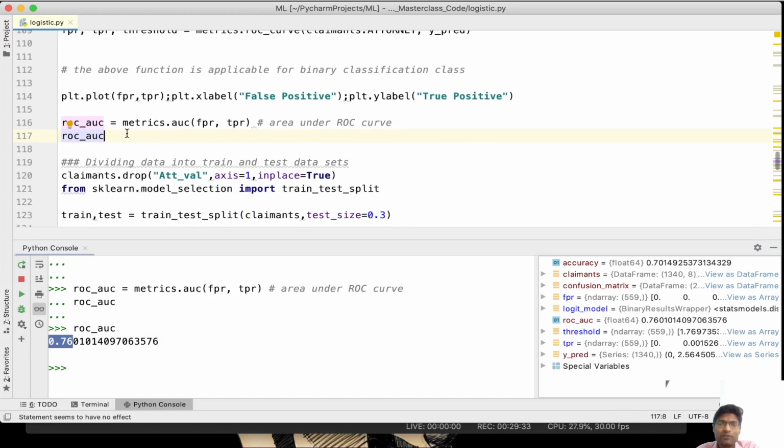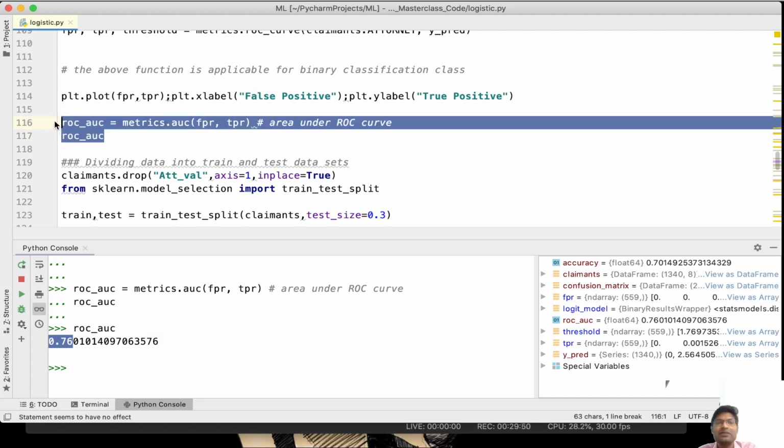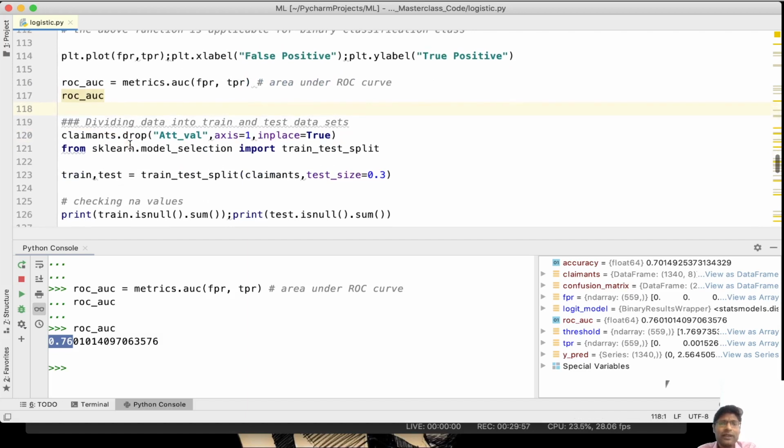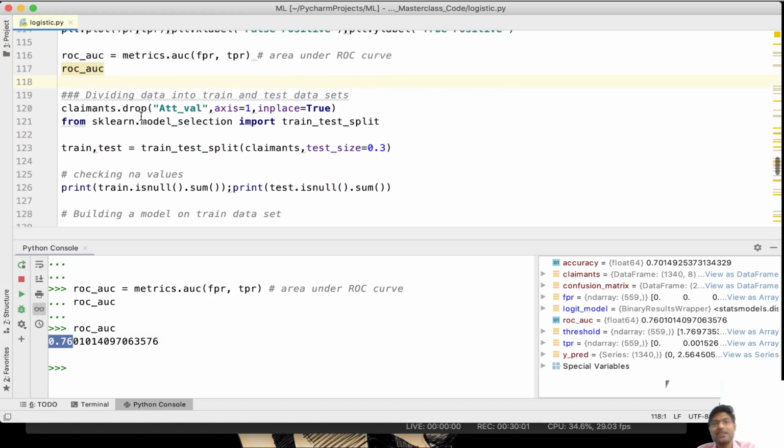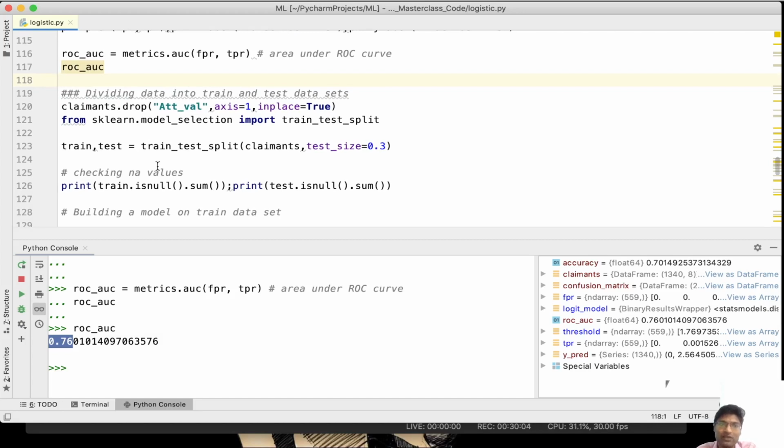So far these are the two different methods we understood as measurement parameters. One is accuracy, another one is ROC and AUC: the receiver operating characteristics, the ROC curve, and then the AUC, area under the curve. These three parameters are going to give us an understanding of how good our logistic regression model is. The following portion is where we are going to make some differences and see if we are able to improve the model. These are only optional things which you can still observe.